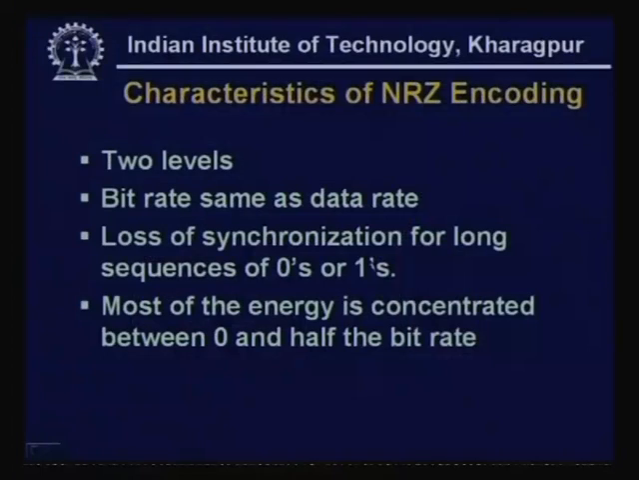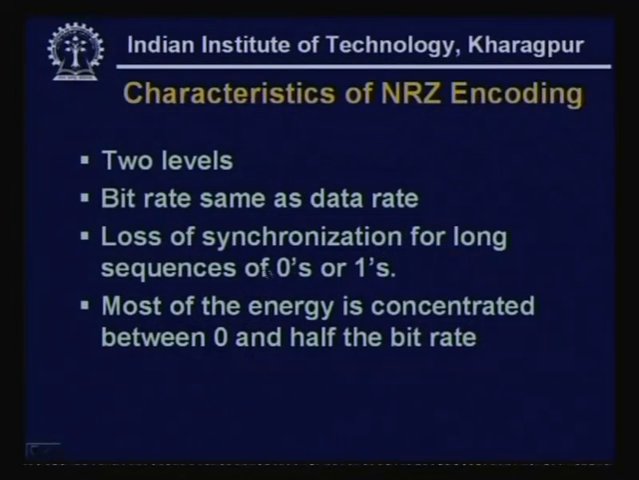So, here are the characteristics of this NRZ encoding. Here you can see it has two voltage levels, plus A and minus A. The bit rate is the same as the data rate, because the number of signaling elements per bit is 1. So, data rate is the same as the baud rate. In other words, M is equal to 2. There is loss of synchronization for long sequences of 1s and 0s. Whenever you send a long sequence of 1s or 0s, there will be loss